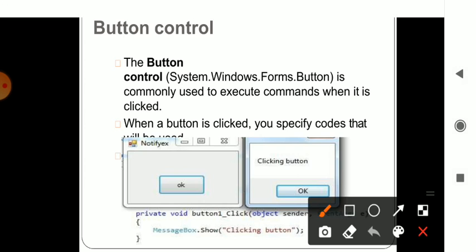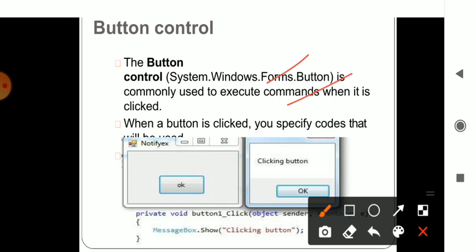It belongs to the namespace System.Windows.Forms.Button. Okay, remember it will be displayed in the beginning with the keyword System.Windows.Forms. In that only, this button specifier will be there. You need not specifically use it separately as button. Okay, it is an executing command which is used when it is clicked. At that time it is specified.